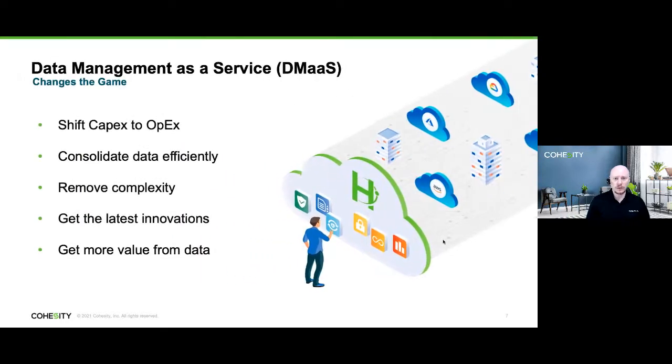And the thing we wanted to talk about here is also the fact that we can do data management as a service. So if you don't want to have infrastructure in some of those sites, that's not a problem. We can shift all that spend from capital over to OpEx. We're still going to give you all the consolidation, so single platform, single UI. We give you all the fun stuff: deduplication, data reduction, reducing a lot of the complexity that you have in a traditional environment.